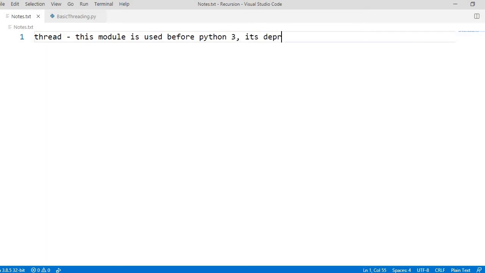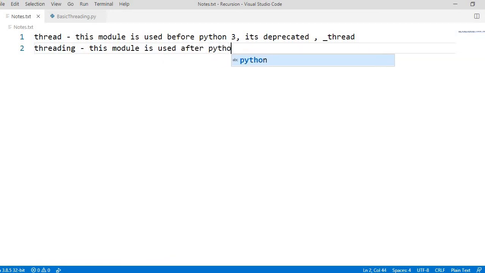If you still want to use it, they have provided _thread. The latest one is threading. Threading is the module that is useful for handling threads in Python. This module is used after Python 3, and it has various features, like how to create a thread and the different methods we can deal with.